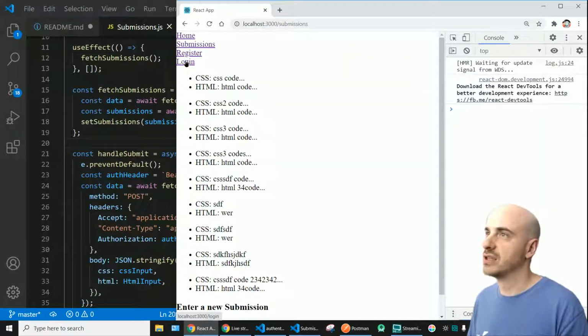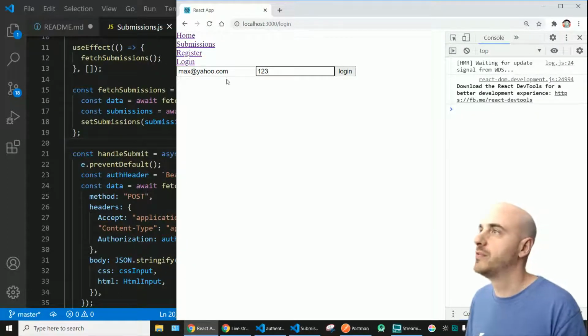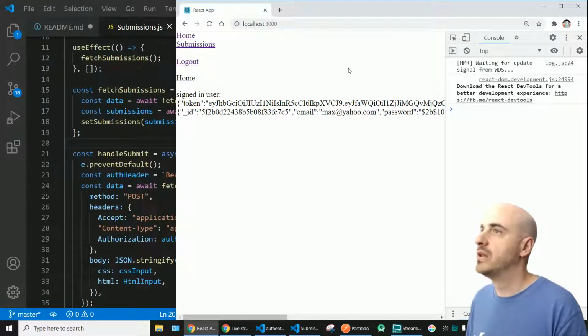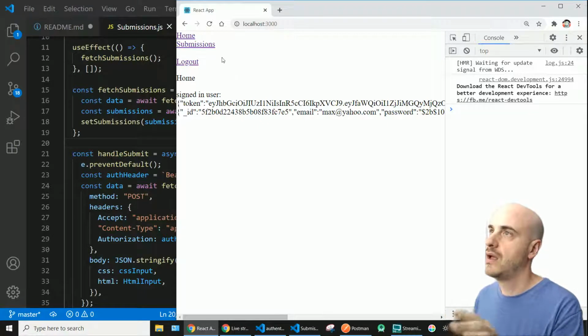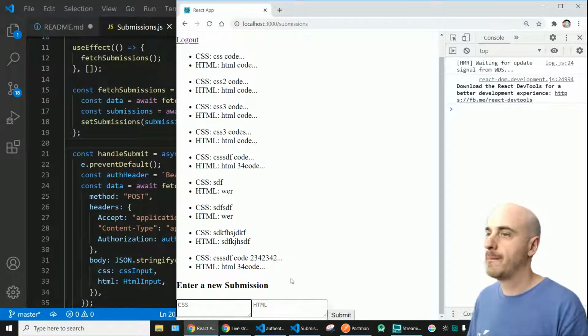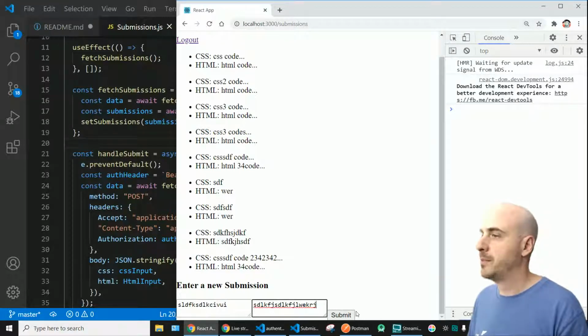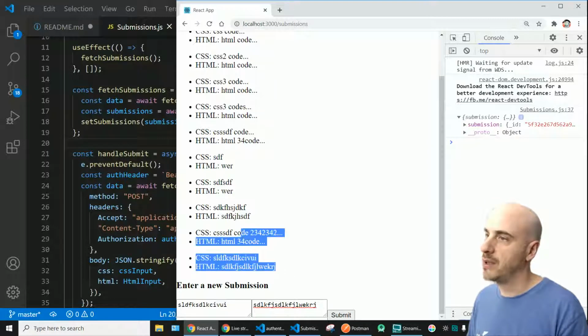So I have to first log in, enter my email. This is just a random user that we've created at this point. Log in. So now I'm logged in, so now global context user exists. And I go to submissions again and enter whatever, doesn't matter. Submit. And now finally we get a submission and we console.log the submission out, but also it shows up in